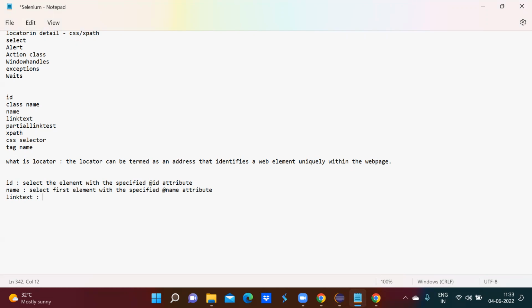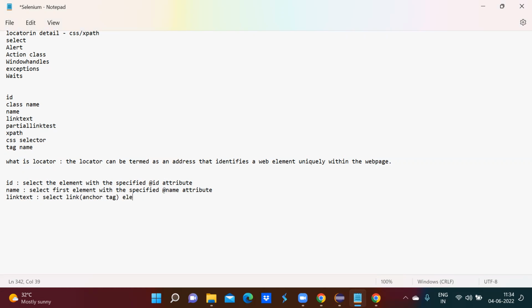Usually the link starts with the anchor tag A. You will have to search that link using that text, and when you apply that text with this locator, you will be able to click on that link. So basically it selects the link or anchor tag,